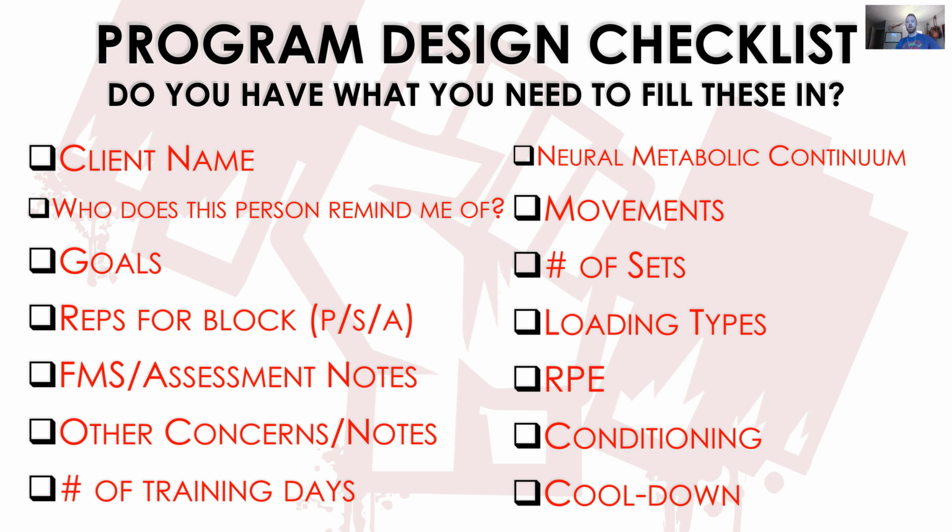So as we jump in here, I was about to say if you don't take anything else away from this than this, but that's not good. Don't just take this. But this is one thing that you should absolutely screenshot, print out, do whatever you need to do to keep top of mind, because this is our program design checklist. If you have the information that you need to either straight up fill in whatever it is that it's asking you, or you have the information that will allow you to stream out the thought process to get the thing done, then you're in a good place. Now you just need to understand our system and take what you need to update yours to save yourself a ton of time. So this is our checklist.